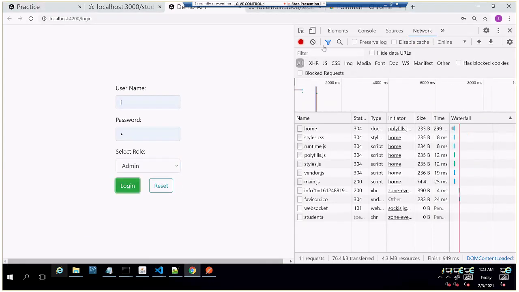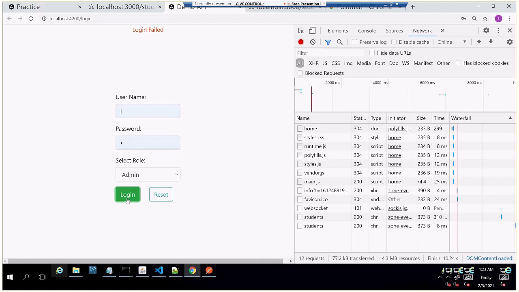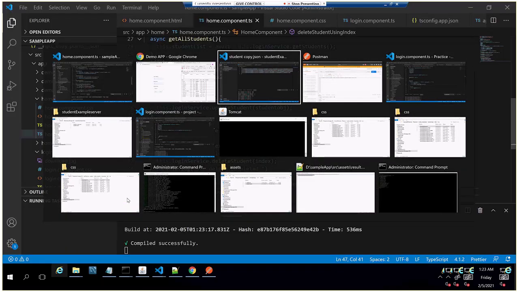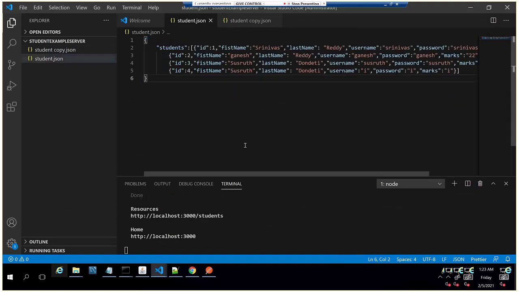But in normal cases, right? It failed because you deleted those records. I deleted everything from here.